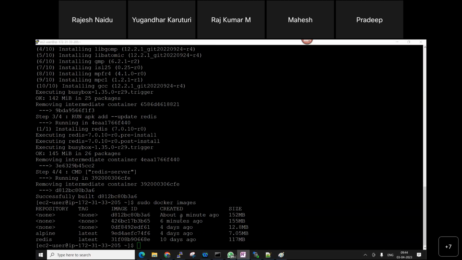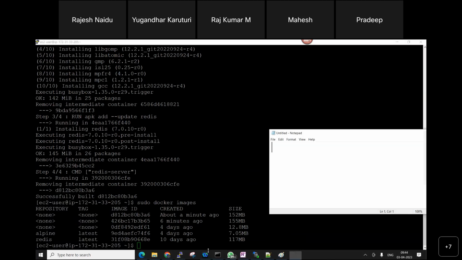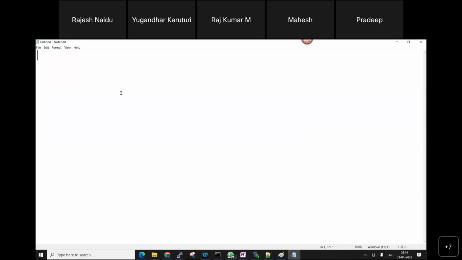Tagging an image is very, very important. You can give a proper name and so on. Let me give the structure. We just have to follow this; every company has some kind of structure. So first will be Docker,